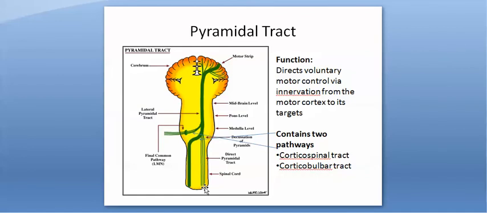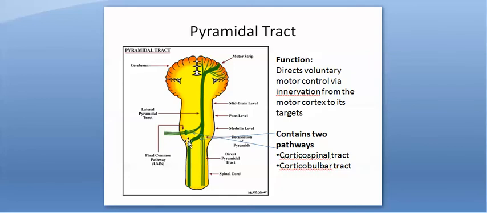And there are actually two pathways, the corticospinal and the corticobulbar. So the cortico- root refers to the cortex. It travels from the cortex down to the spinal cord. So that's the corticospinal tract. And then we have the corticobulbar. Bulbar is another word for brainstem. So it travels from the cortex, right here, to the bulbar region of the brainstem, which is right here. And this is actually a nucleus of one of the